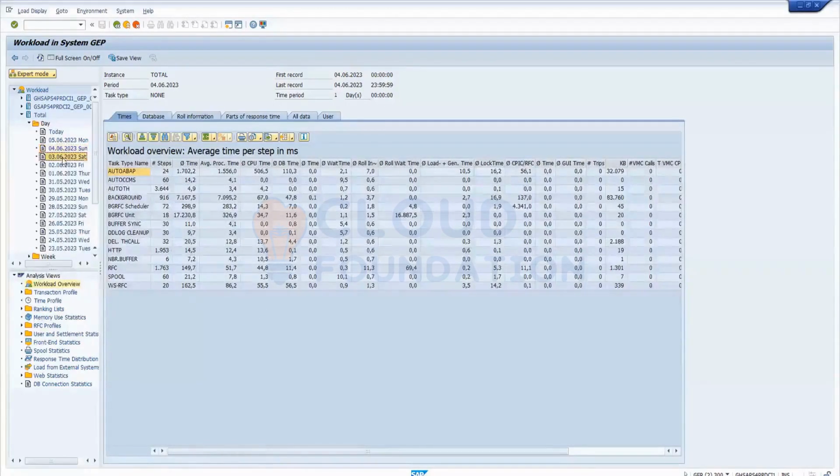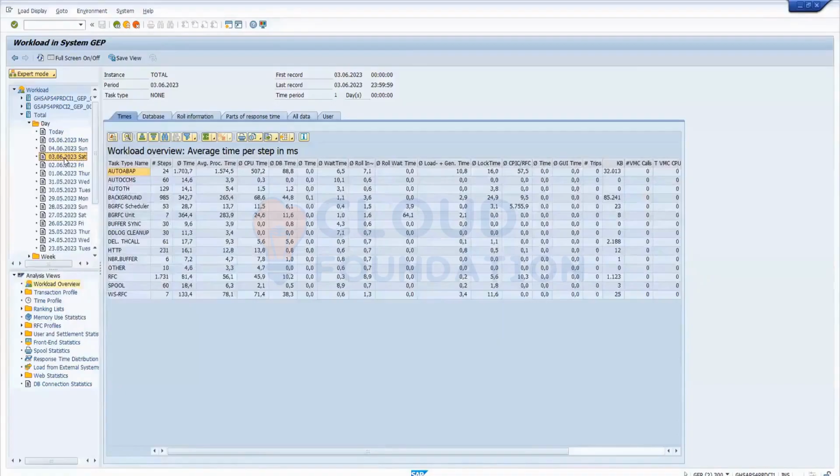Here you want to see how many. You run this one, 360, 23. Double click this one. You want to see on 3rd of June which users have logged in and what they did. Now you are a Basis consultant. You want to understand on 3rd of June how many users are logging in and what they are going to do.